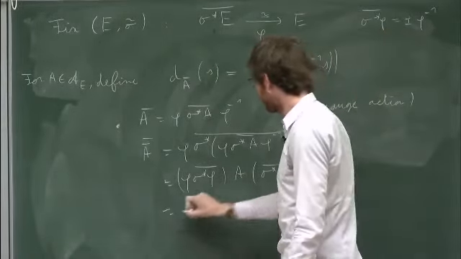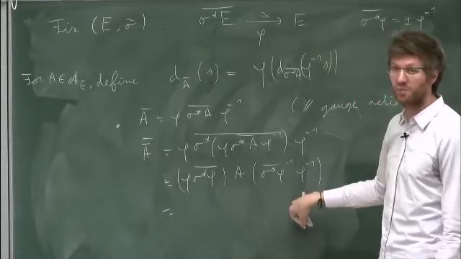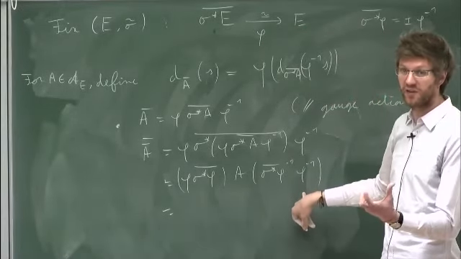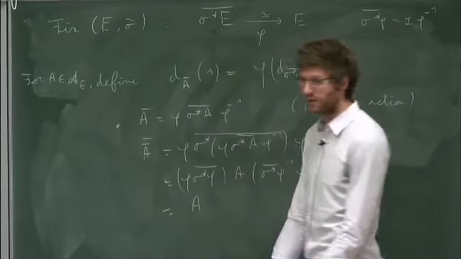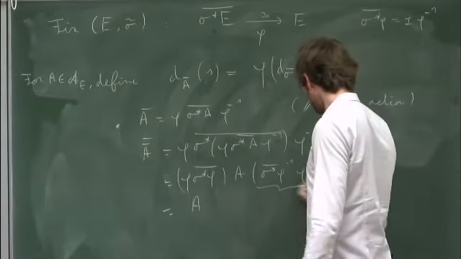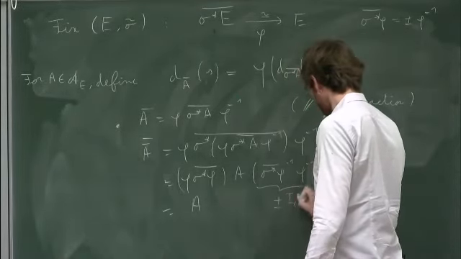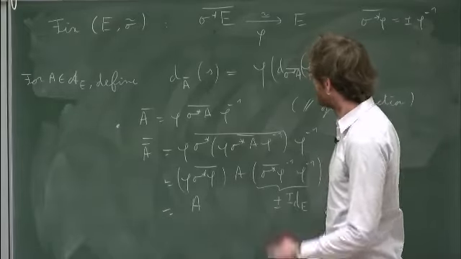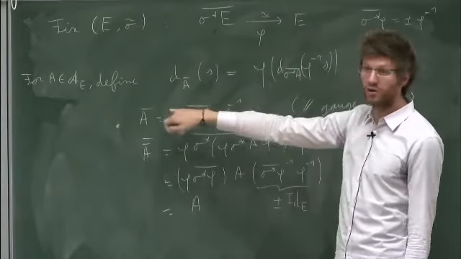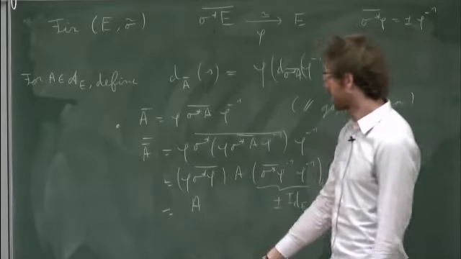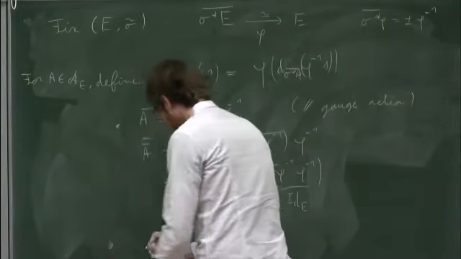So here you get plus or minus the identity, here you get plus or minus the identity, the same signs, so they cancel out and you always get A here. So the point is that even if sigma twiddle is quaternionic, you do get an involution on the space of connections. And this is a good involution because